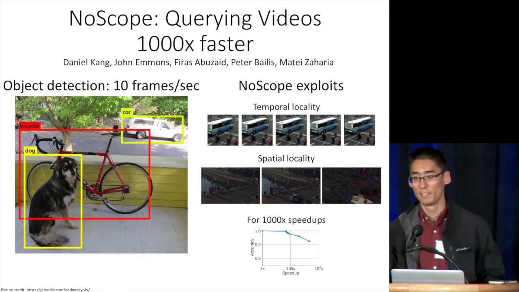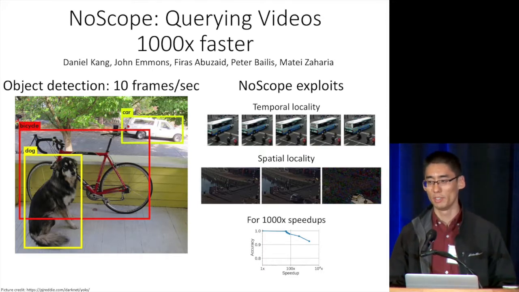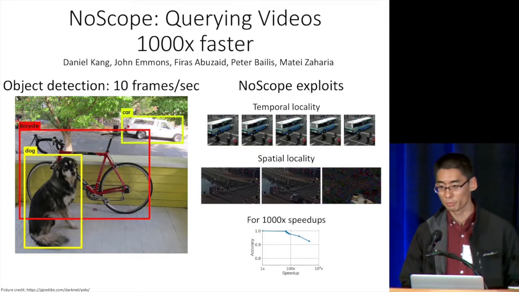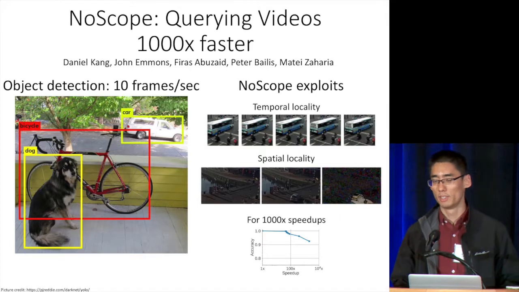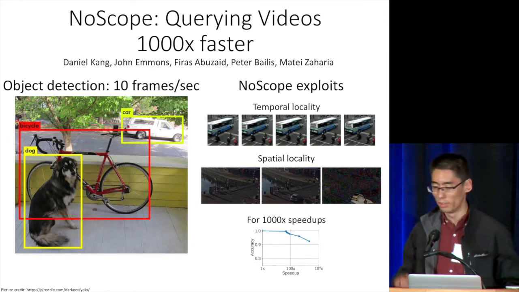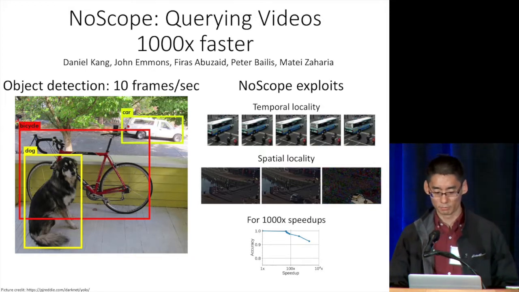Video data is growing faster than humans can possibly watch it all. But luckily, deep learning will allow machines to extract semantic information from these videos with near human levels of accuracy. However, systems at scale haven't been built around these methods, partially because they're new, but also partially because they're incredibly slow. Just as an example, object detection runs at 10 frames per second on the latest and greatest NVIDIA GPU, which is slower than real time.